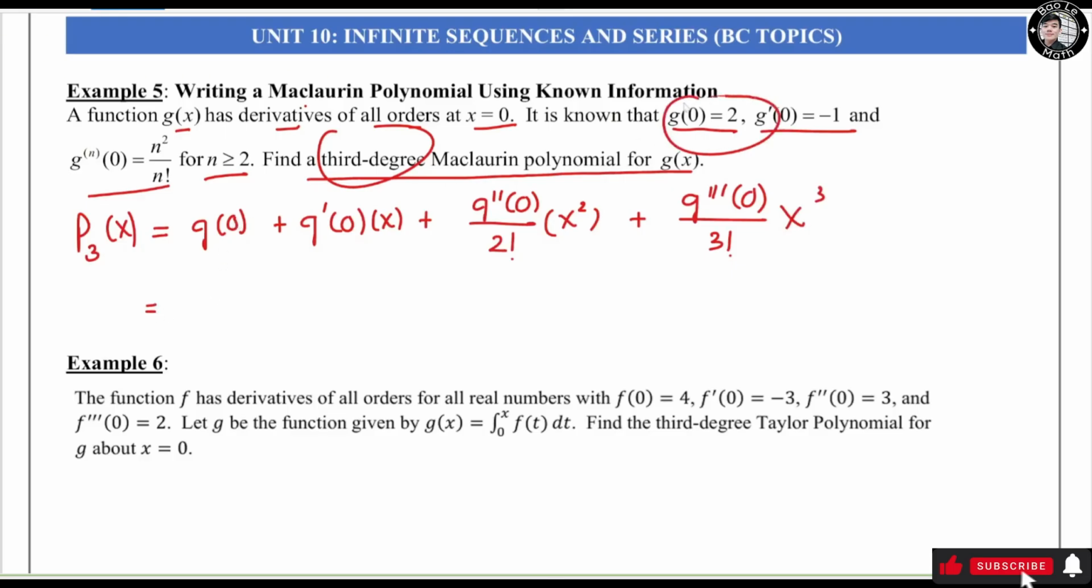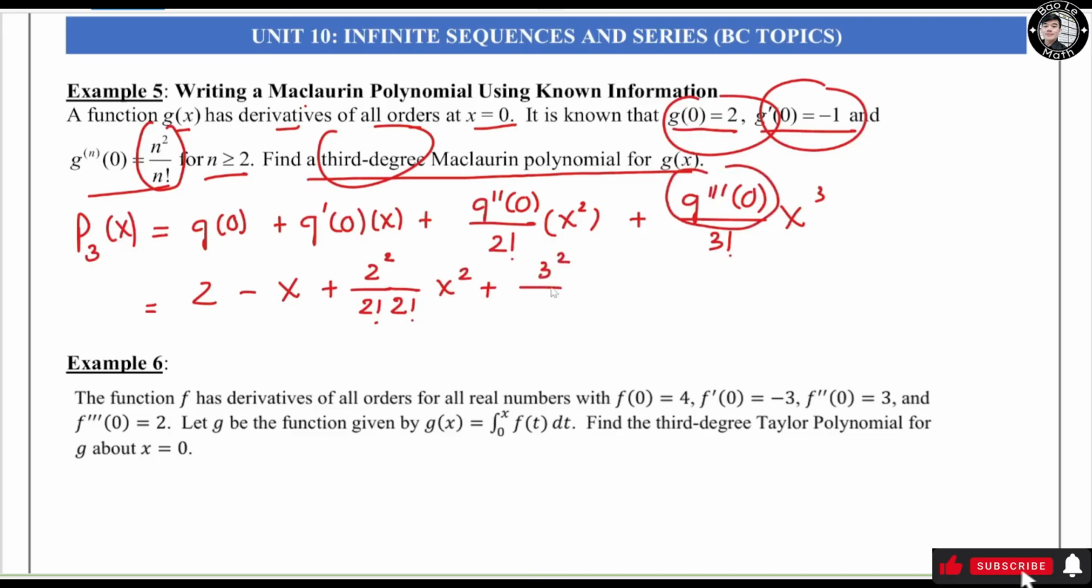So g of 0 equals 2, plus g prime of 0 equals -1, so I have negative s right here. g double prime of 0 equals this formula right here, so it could be plus 2 squared over 2 factorial, and then you have 2 factorial, so you just rewrite this one, and then times s squared plus this guy is going to be 3 squared over 3 factorial times 3 factorial